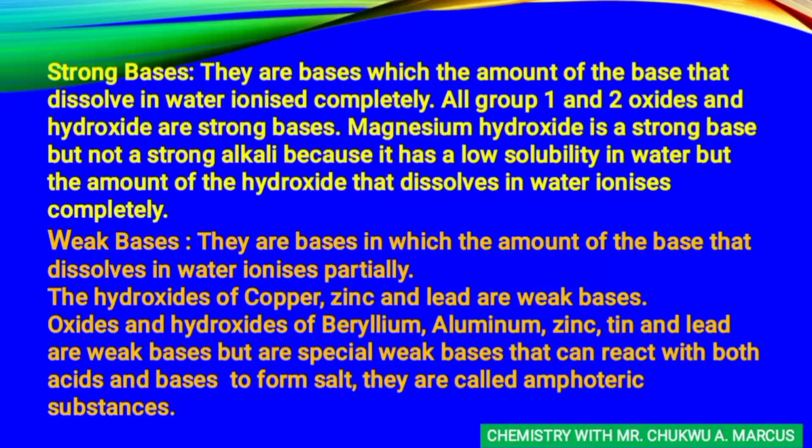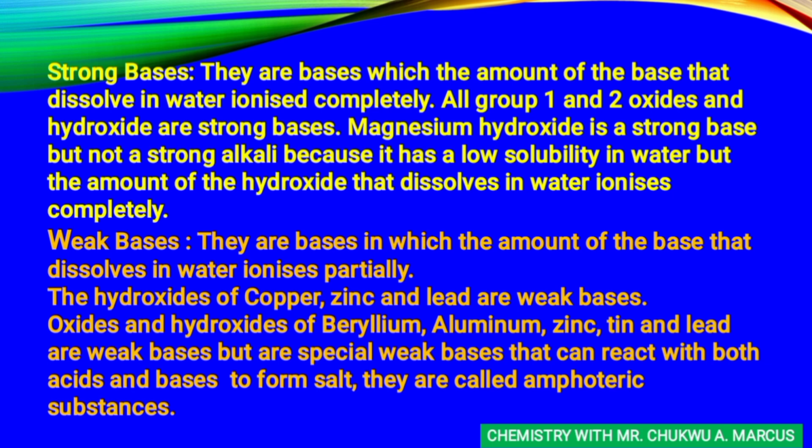What do we mean by weak base? They are bases in which the amount of the base that dissolves in water ionizes partially. That is the opposite of a strong base. We have the hydroxide of copper, we have that of zinc, we have that of lead. They are all weak bases. We even have ammonia. We have other oxides and hydroxides of beryllium, aluminium, zinc, tin, and lead, which are weak bases, but they also show a special character, which is that they can react with both an acid and a base to form salt. This property is what we know as amphoteric. So amphoteric substances are able to react with both acid and